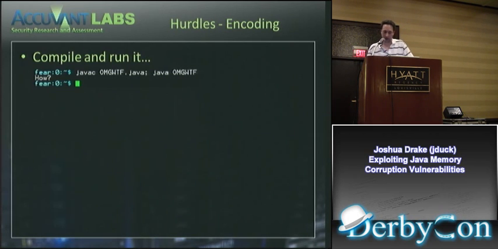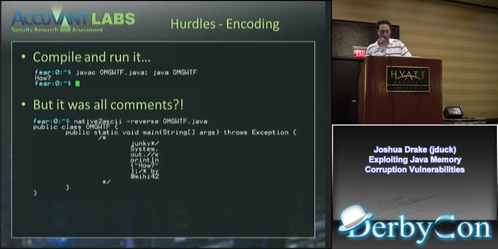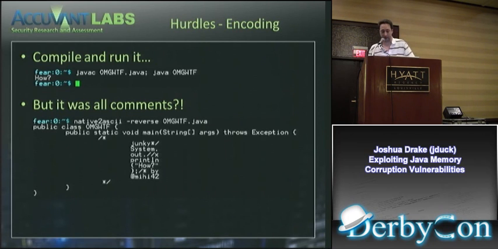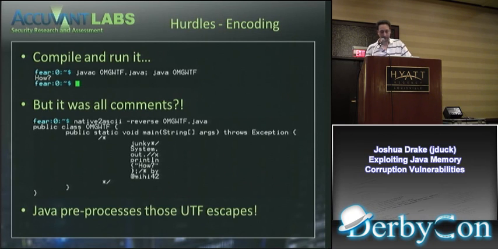So there's actually a command that you can run to convert it, to do the preprocessing. This is what it comes out looking like. So you can see, oh hey, I'll just close the comment, and then I'll just go ahead and print out this "how," which could be anything, right? Like an exploit. But I thought that was really cute, and I know it's not really too on topic, but this is just showing you how sort of archaic and convoluted Java can be. And you could obfuscate your source with it, but in the end, exploits don't go out in source form.